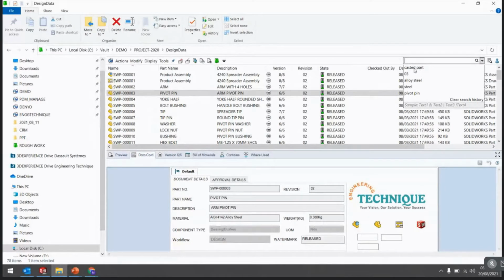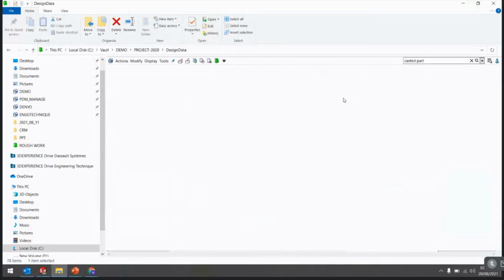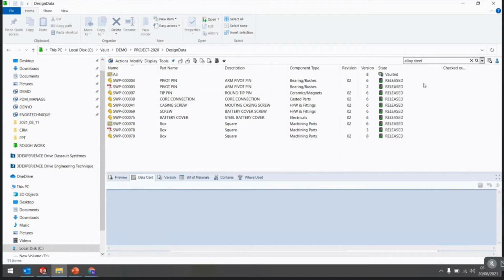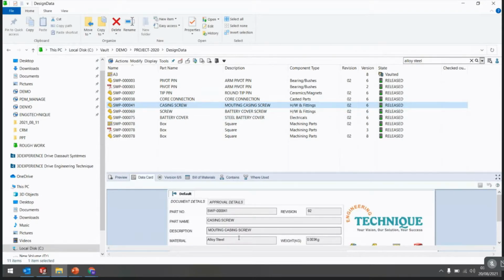So if I search with the casted part, you can see all the casted part related files are found. And if I remember only the material, for example alloy steel, and in which file I used the alloy steel material, here you can also see in the material tab that alloy steel material is used on the data card.